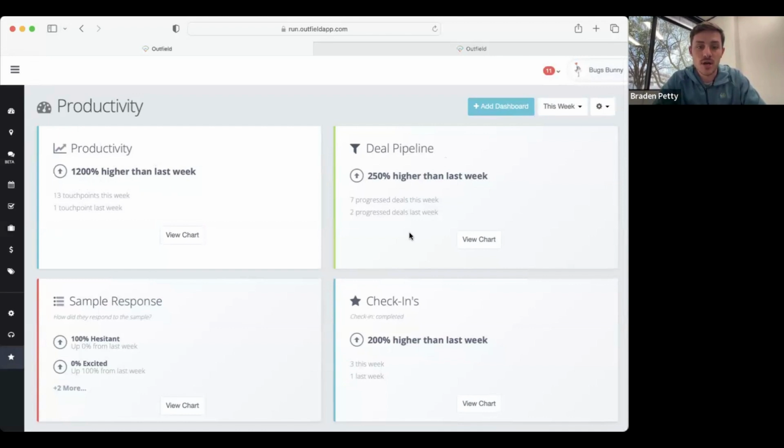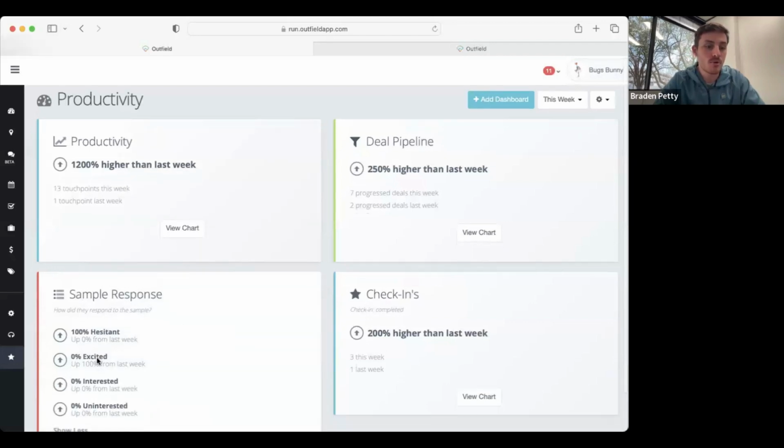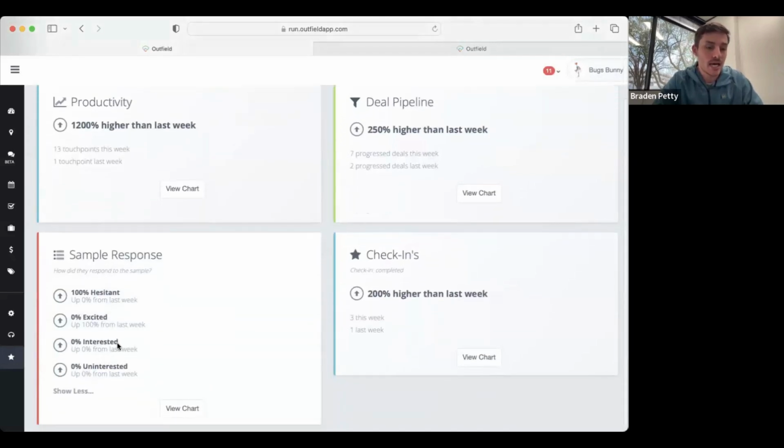Taking a look at the deals pipeline, we're up 250% compared to last week. You can see what those metrics look like as well. Down here under the sample response, these are specific form responses that we can gather on my sample form. And so we can get the changes for each response there, as well as check-ins alone. Rather than tracking all touch points, maybe I just want to see what our in the field presence looks like